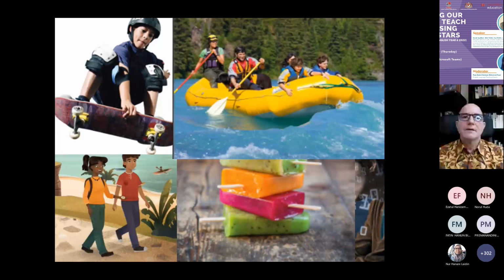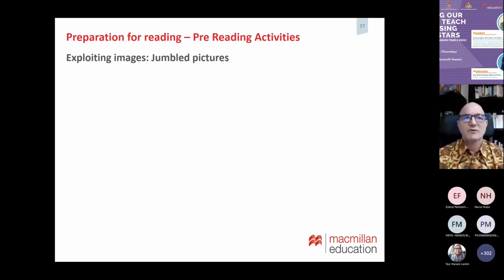So they're very different in terms of the styles of image. Some are real photographs, some are drawings and cartoons. Lots of different examples there that are going to engage our learners. But what I want to do is exploit some of these images and get students to use language to describe the images. So one of the activities that I've used time and time again